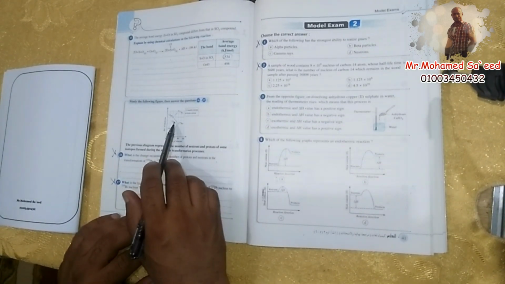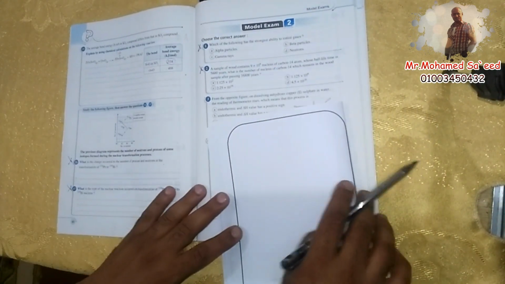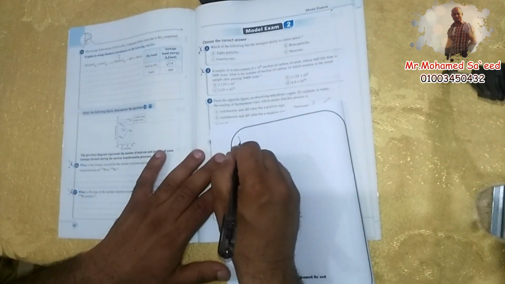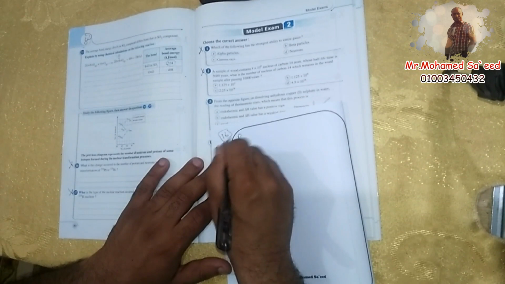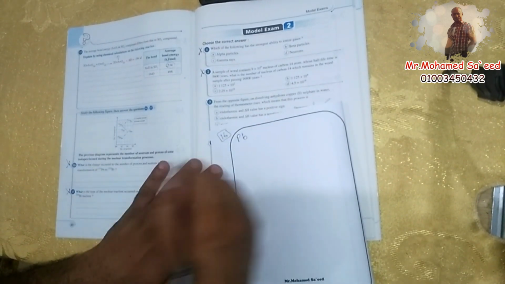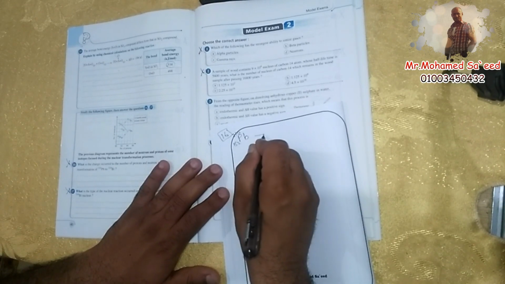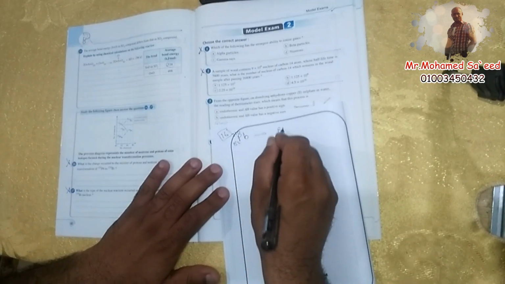Lead has atomic number 82 and mass number 210. It converts into bismuth